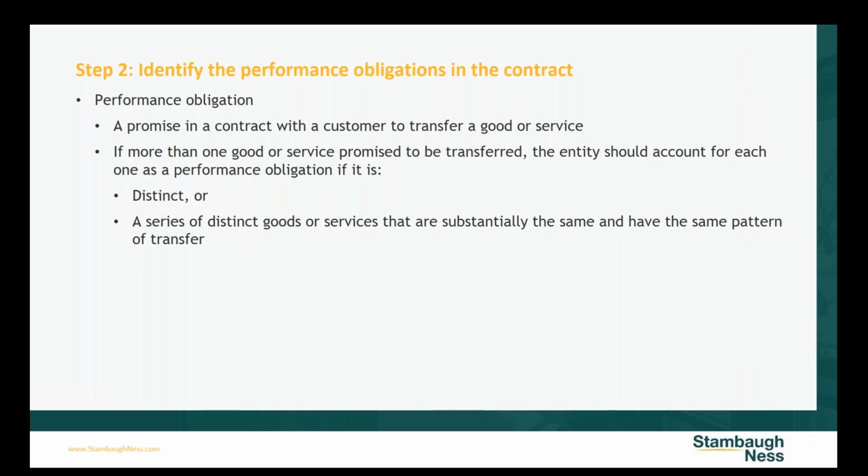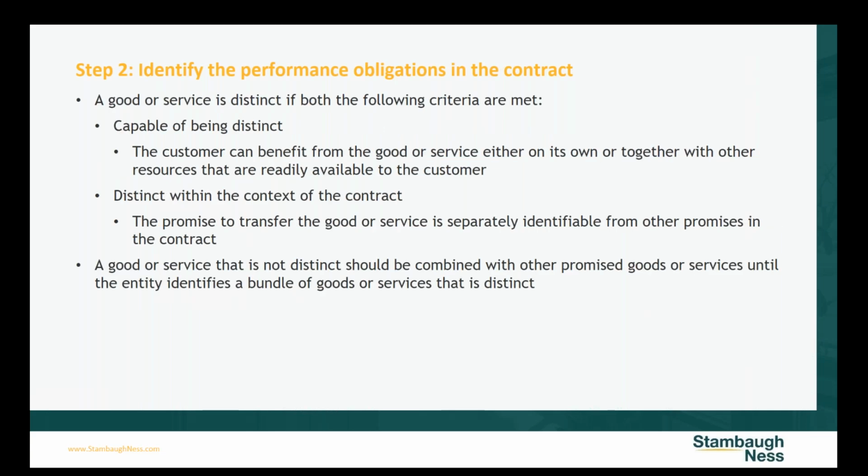If there's more than one good or service promised to be transferred, then each one is accounted for separately if it's distinct, or a series of distinct goods and services that have the same pattern of transfer. What that means is, if it's distinct, the customer can benefit from the good or service on its own. So in our example coming up, the publications can be used on their own. And the second criterion is whether it's distinct within the context of the contract, meaning the promise to transfer the good or service is separately